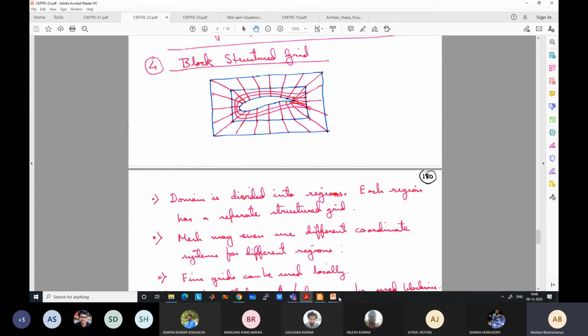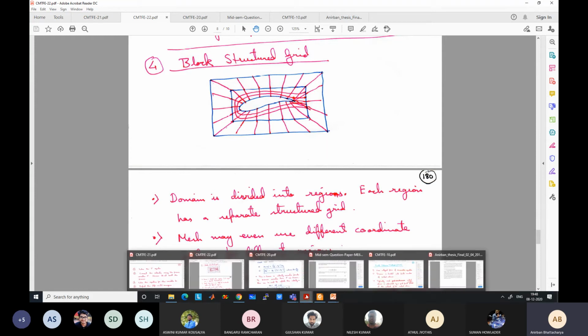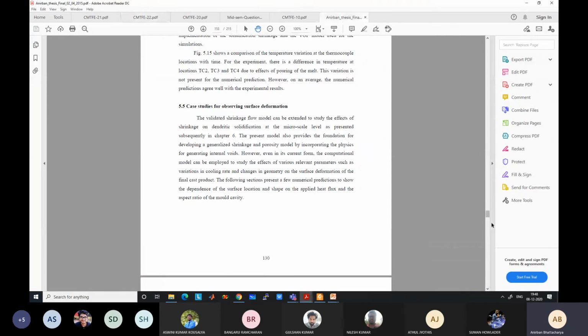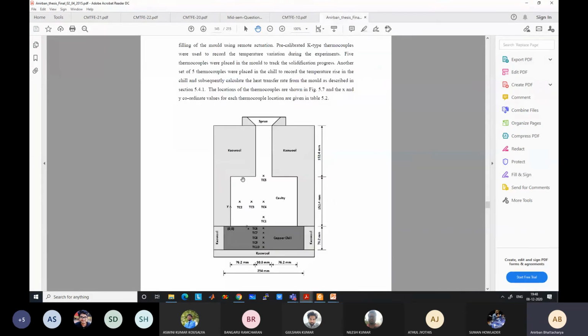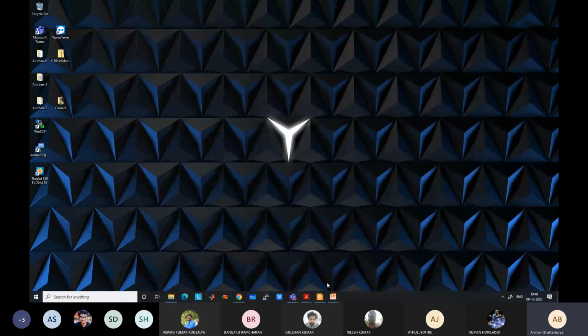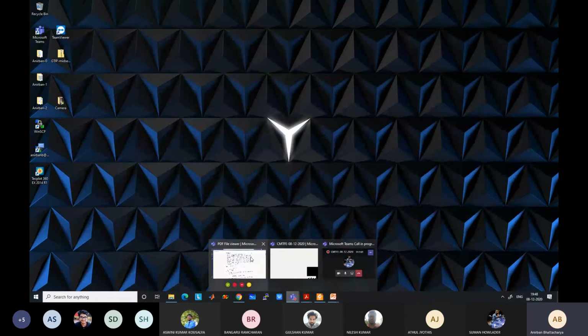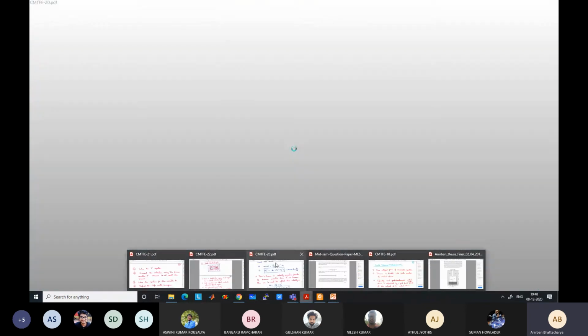It can be multiple. So I could have solved that problem like I had shown here. Now it is again closed. Now it is open. I could have solved this problem also by taking a block structure mesh. This will be one block and this will be another block. Two separate blocks I could have taken, although I did not do it because the equations become much more complicated.